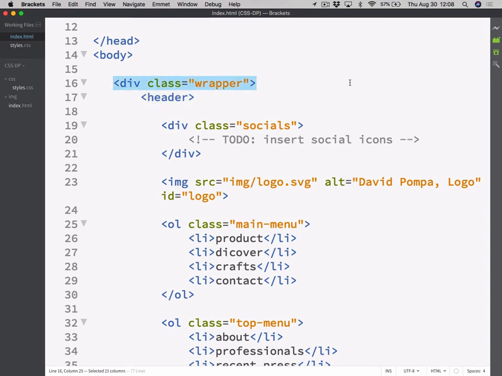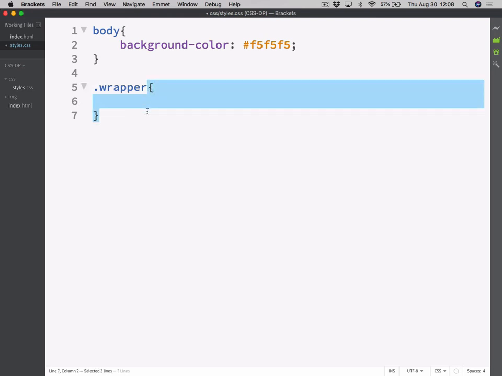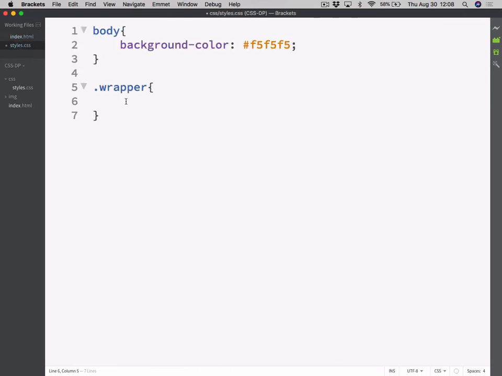Well, we need to change some properties of this element. We gave it a class of wrapper so we can create that class and work with it. So how do we create the class wrapper in CSS? We need to write dot wrapper, and anything you write here will be applied to this div because it has the class wrapper. So we are going to change its max width